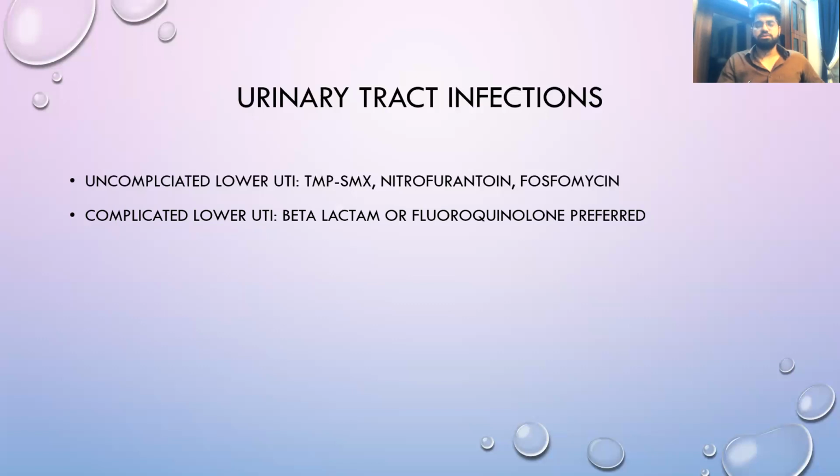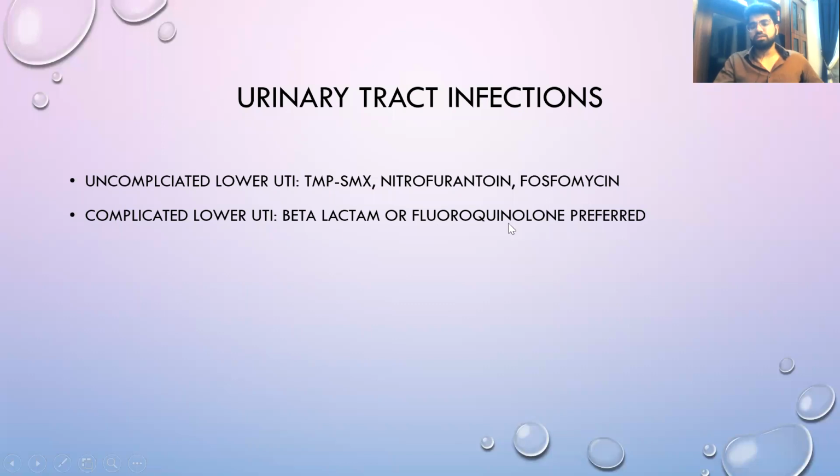Complicated lower UTI. When you talk about complicated, we are talking about a male gender being affected. We're talking about any form of indwelling bodies associated with it. We are talking about any other form of severe infection that is having some complication. So for that, we generally go for a better drug, a more coverage drug, and that is when we consider beta-lactams or fluoroquinolones. So all of these drugs that you're dealing with here, these 5 drugs, TMP, SMX, nitrofurantoin, fosfomycin, beta-lactams,